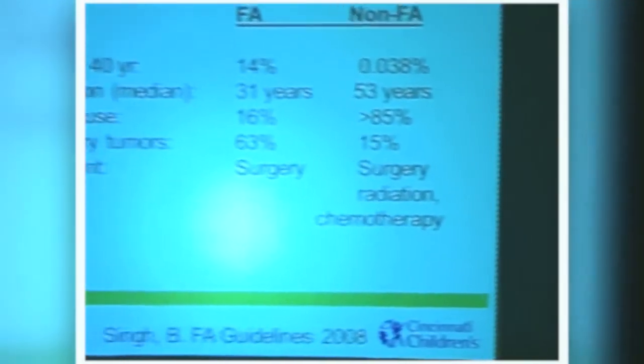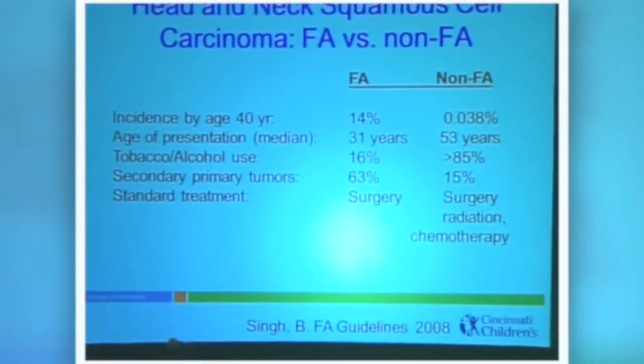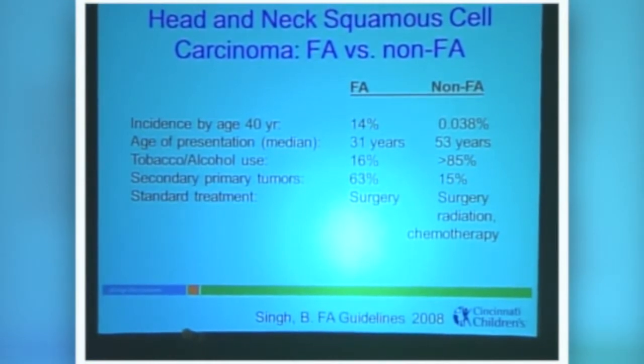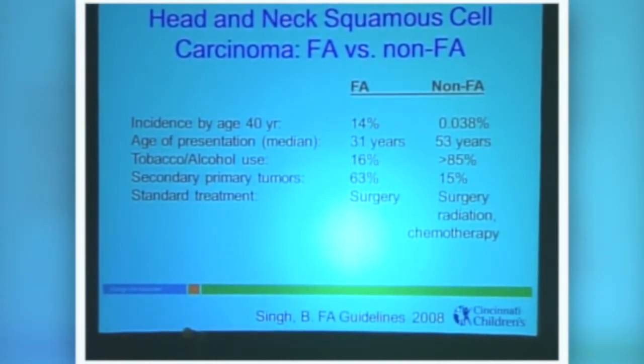The difference between Fanconi head and neck squamous cell carcinoma and head and neck squamous cell carcinoma seen in non-Fanconi patients is very nicely shown by Bhuvnesh Singh in the FA guidelines, the last one in 2008. If you look at the incidence by age 40, their incidence is significantly higher, 14% versus 0.038. They do get these tumors earlier in their life, which we know. And also, they do get secondary primary tumors, so there can be multiple tumors in one patient